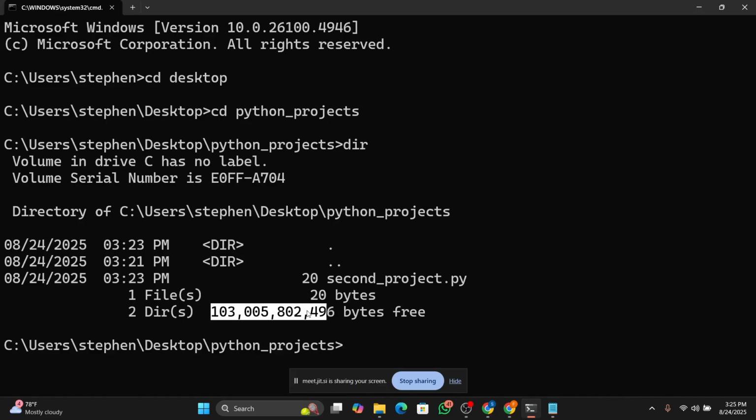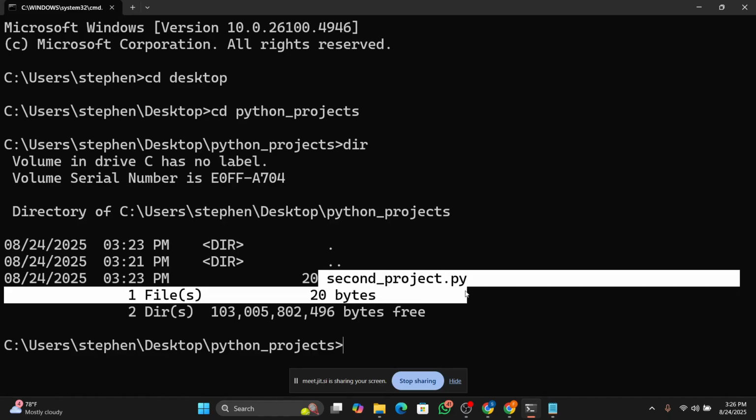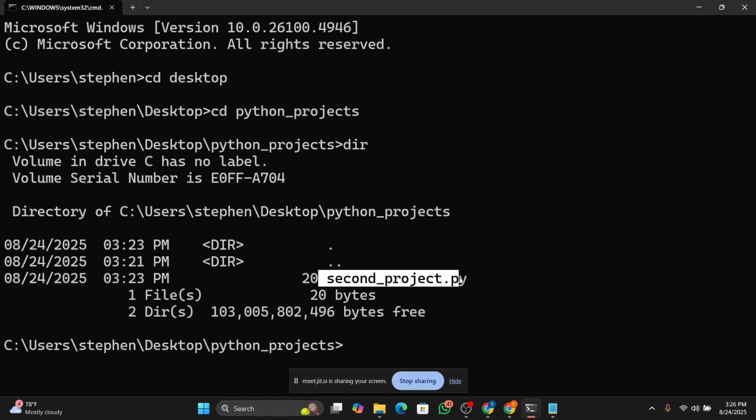And I have this many bytes remaining in my computer. You may have a higher value, depending on the type of computer you're using, whether it's 1 terabyte or 500 gig memory storage. So the name of the file is second_project.py, and if I want to run it,